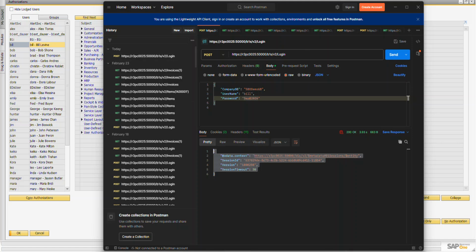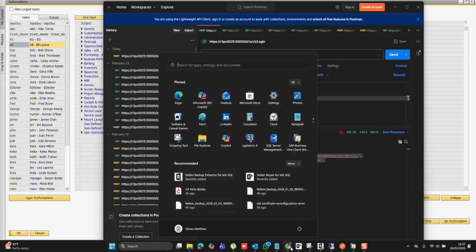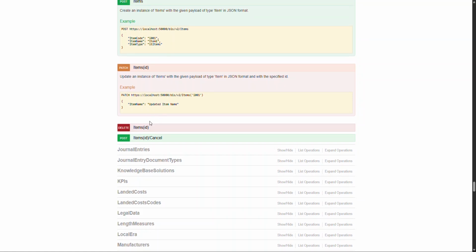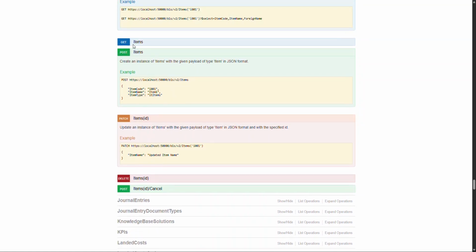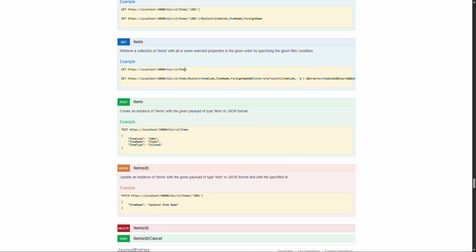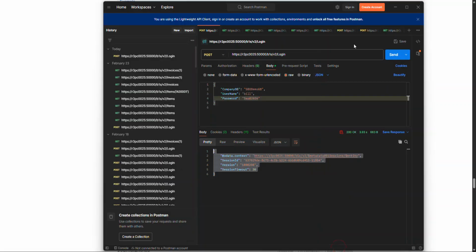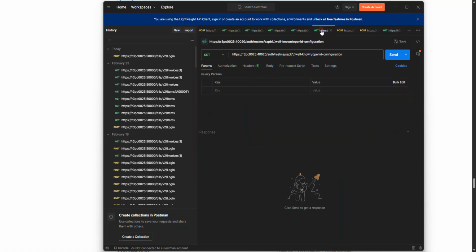So if I go back to the service layer, I'm just going to copy for item. Let's see the get items. So I'm just going to copy this. I already have the URI, so I'm just going to copy the whole URI. Okay, so I'm going back to my Postman, and if I navigate to the get,